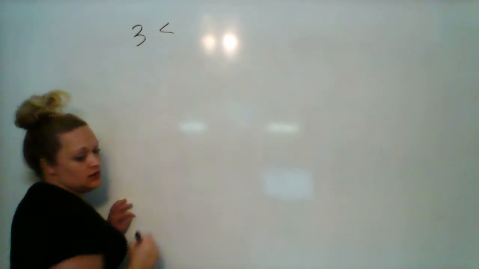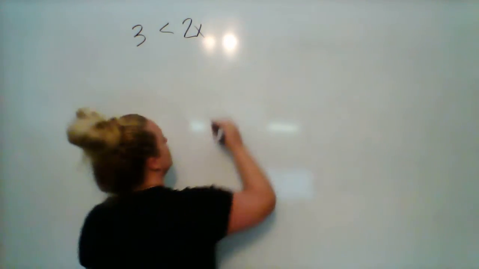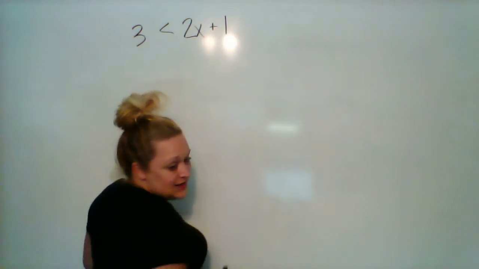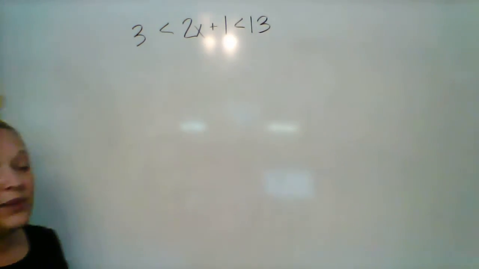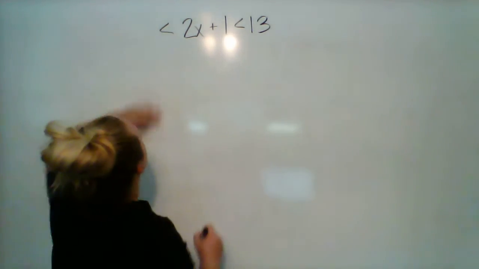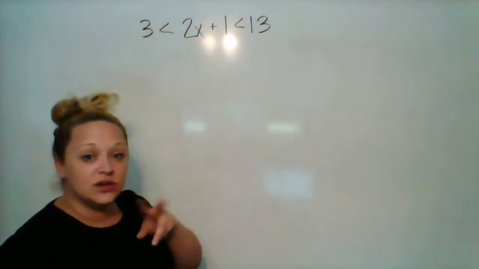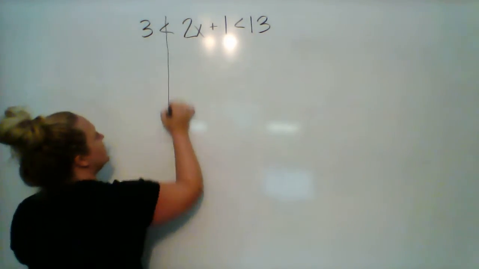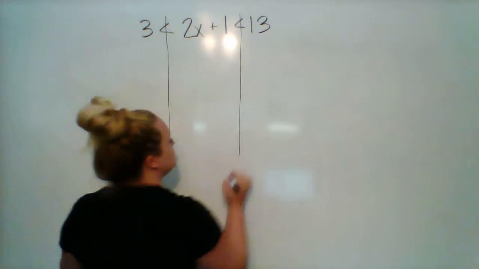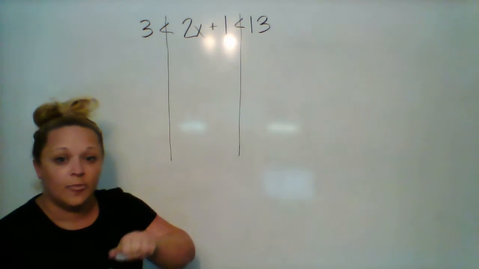Number 7 is called a compound inequality. A compound inequality means that when you graph this, there will be two different dots on the exact same line. Okay? So just like before, when we had equal signs or less than or greater than, we drew a line. Well, the same thing happens here. So instead of one line, I'm actually going to draw 2, because there's 2 less than symbols, therefore there's 2 lines. Okay? So what you're going to do